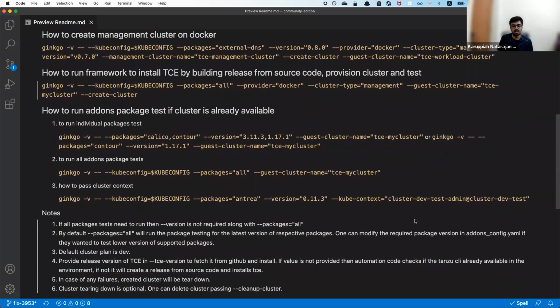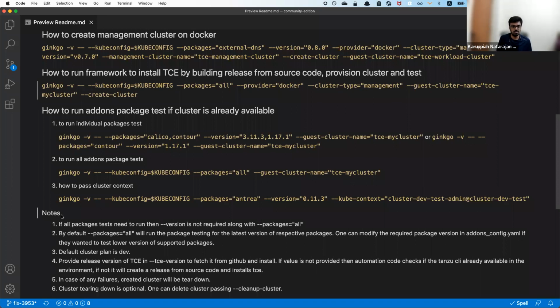Awesome. And the context is usually based on username at cluster name. So the name of the user and then the cluster in between that. That's how TCE, or Tanzu generally, creates the context name, since context is a mix of the user, or the auth, and the cluster put together. You actually sign into a cluster as one identity.